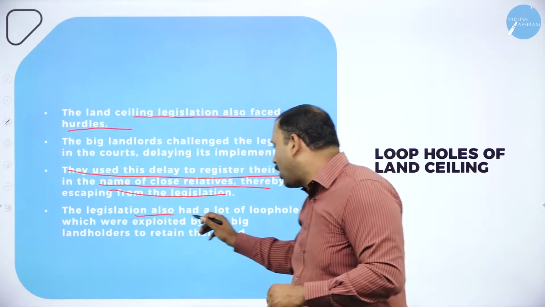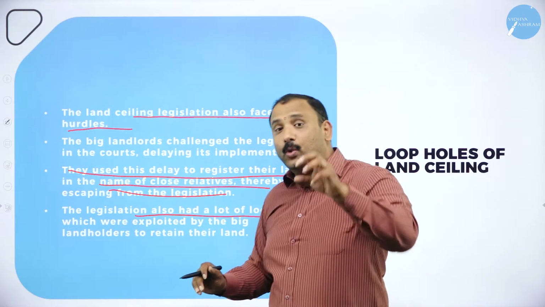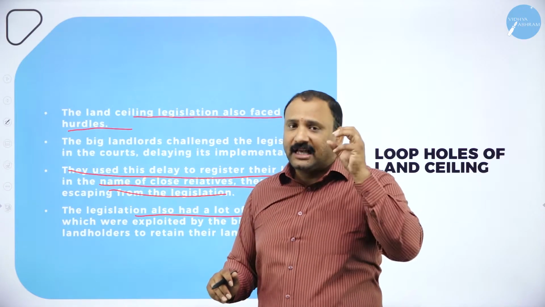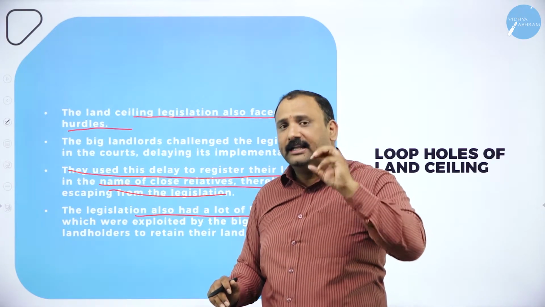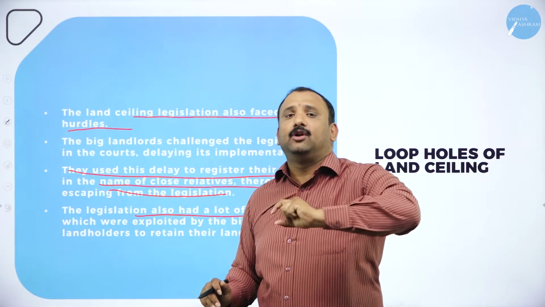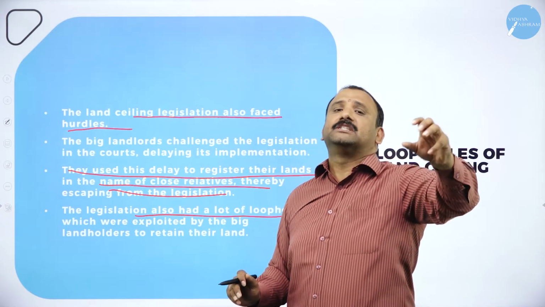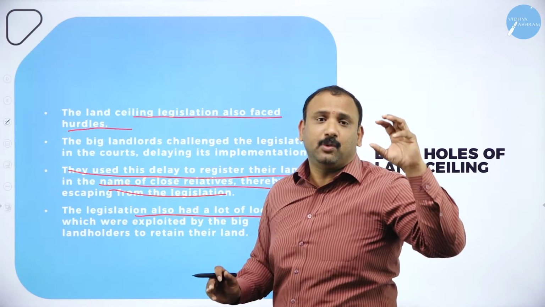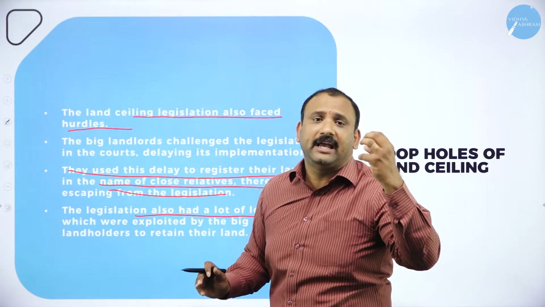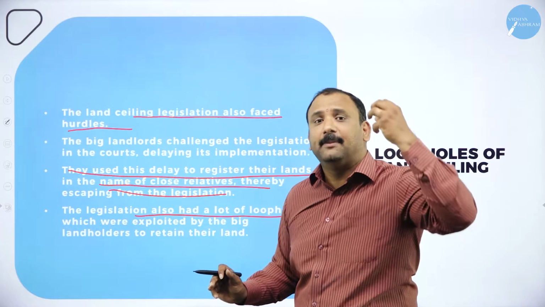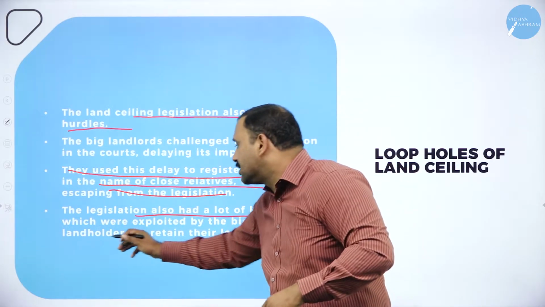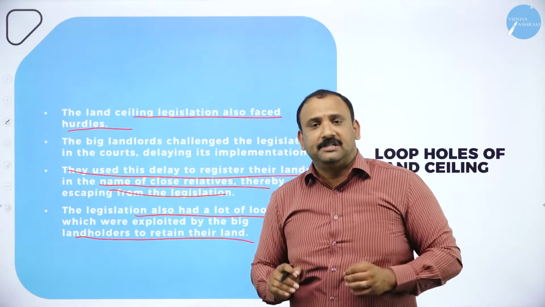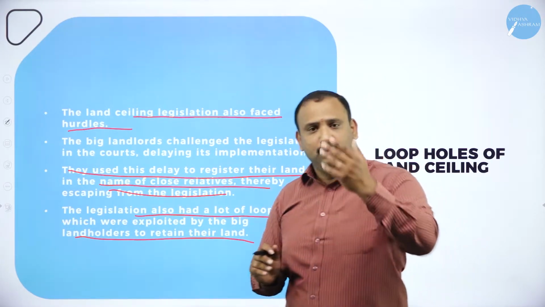The legislation also had a lot of loopholes which were exploited. Why? Because when the government framed the law, there were loopholes in the legal system through which these landlords tried to escape. They didn't want that system to continue forever. So that was one of the reasons why they were not able to make the legislation perfectly 100% accepted in the system. So moving forward,